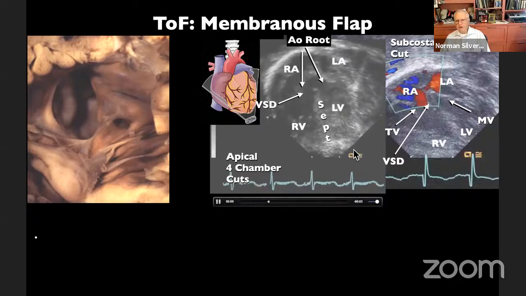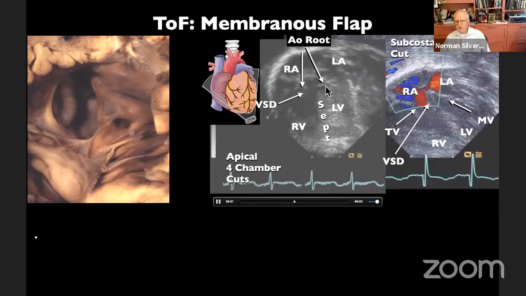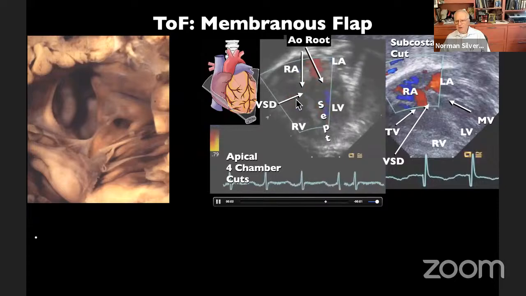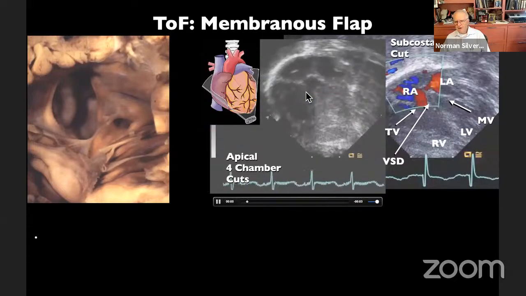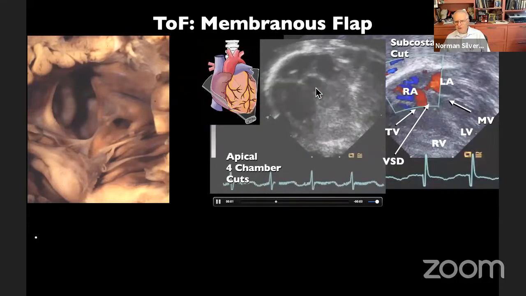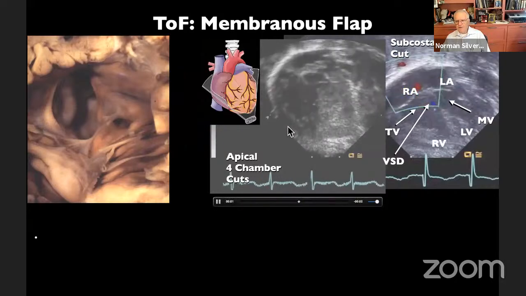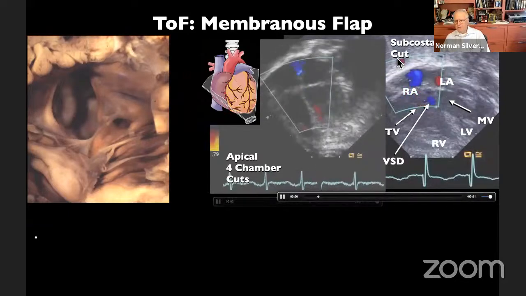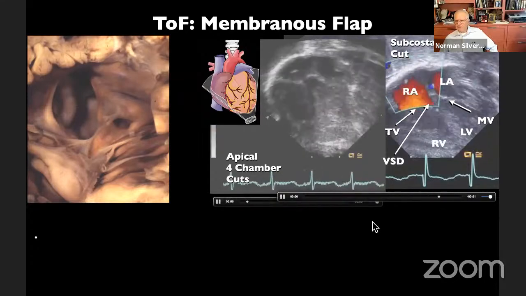And what we can see on echo in this 5-chamber view is the fibrous continuity between the mitral valve, the aortic valve, and the pulmonary valve. Let me take the labels away for you for a second. And there you can see the aortic root, a so-called 5-chamber view, and the continuity with the valve leaflets lying on the same level. And if we look subcostally in such a patient, in a subcostal coronal cut, we can see this hole in the ventricular septum.